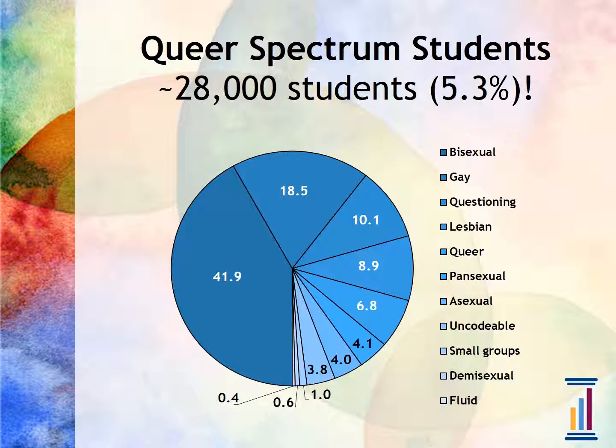I think people are often surprised with the large proportion of bisexual students in there, but we do have a lot of college students identifying as bisexual. And then a lot of these smaller groups are actually pulled from the write-ins that students are giving us. So the popular write-ins are pansexual, asexual, demisexual. I will say that queer was one of the top write-ins, but we did actually add that to the actual survey instrument, so that was a little bit of a change. But I think it's great to see all of this great variation in the different ways that people are identifying.